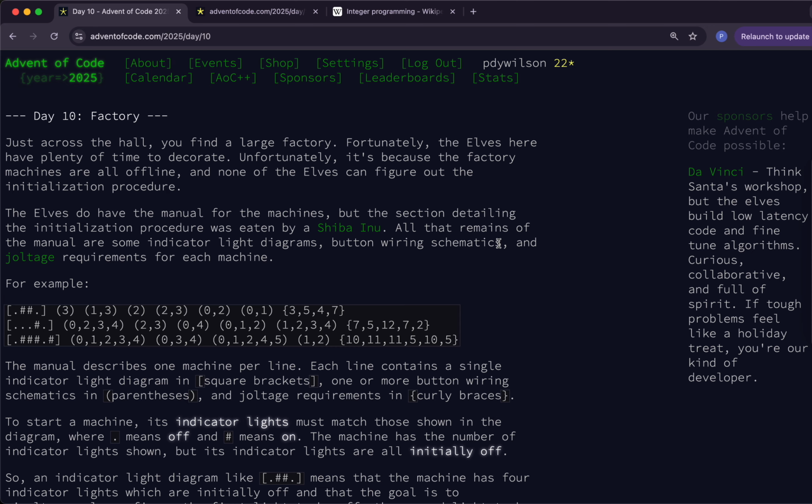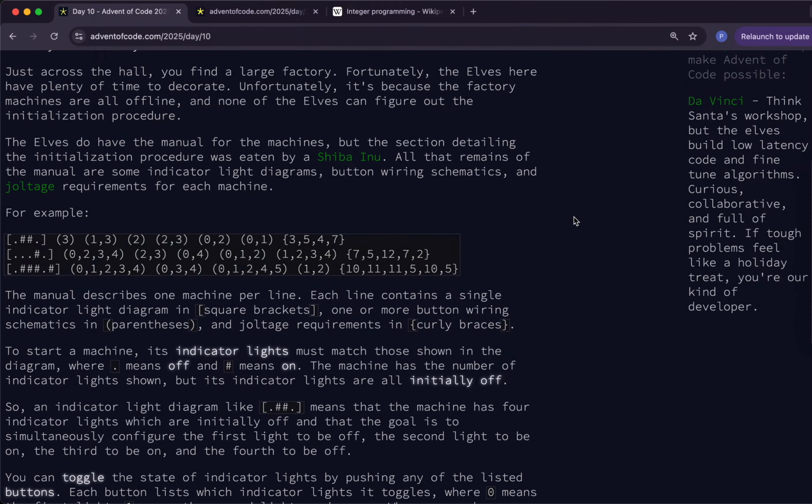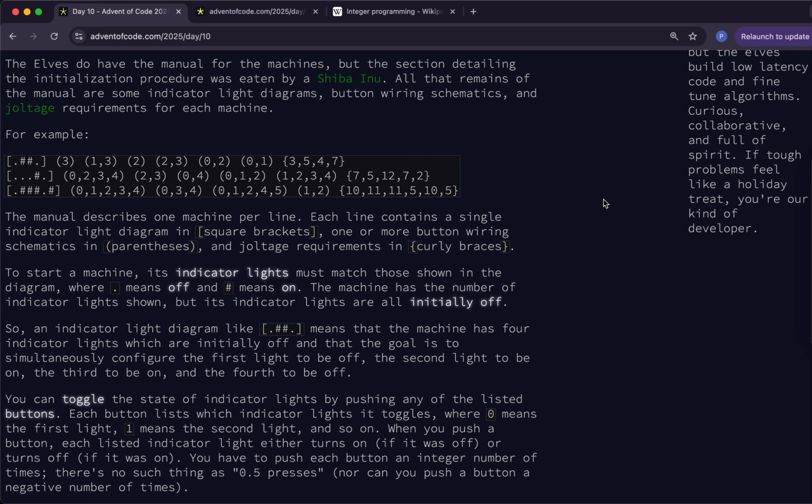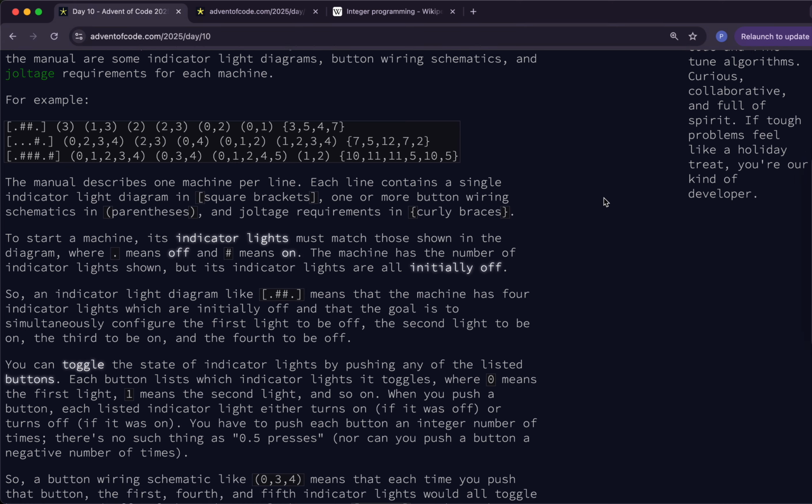Day 10, Factory. Just across the hall, you find a large factory. Fortunately, the elves here have plenty of time to decorate. Unfortunately, it's because the factory machines are all offline and none of the elves can figure out the initialization procedure. The elves do have the manual for the machines, but the section detailing the initialization procedure was eaten by a Shiba Inu. All that remains of the manual are some indicator light diagrams, button wiring schematics, and voltage requirements for each machine. For example, we have this code